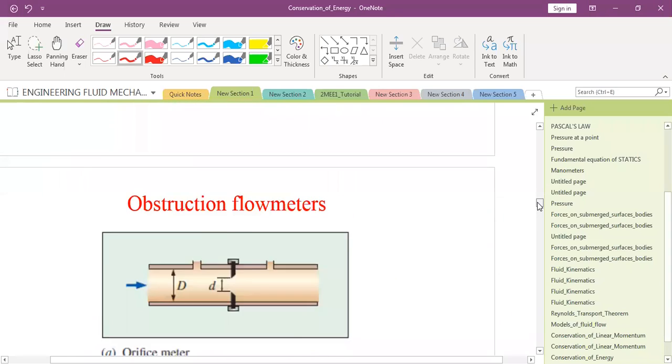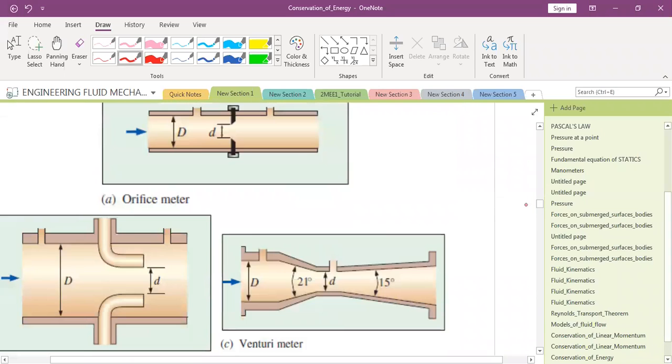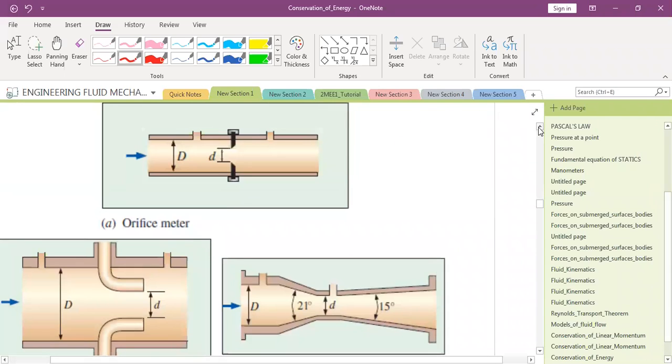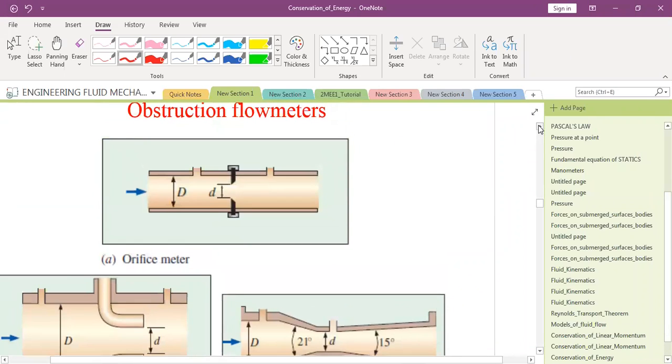Any doubts to anyone? So these are the 3 flow meters which are used to measure pressure drop or velocity, more appropriately velocity. लेकिन ये फाइंड आउट हम करते हैं उसी से, प्रेशर चेंज को फाइंड आउट करके बर्नौलीज इक्वेशन लगा के।